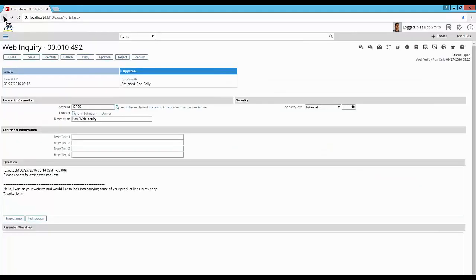And then when I go back to that request, it tells me I need to follow up with this person. So we're using the workflow engine to drive me as a salesperson to interact with John Johnson here at the Test Bike Company, whereas a lot of times that would go to just a group email or something like that. And you'll see here, now Bob's owning this, and we're giving John a call, and hopefully this is going to turn